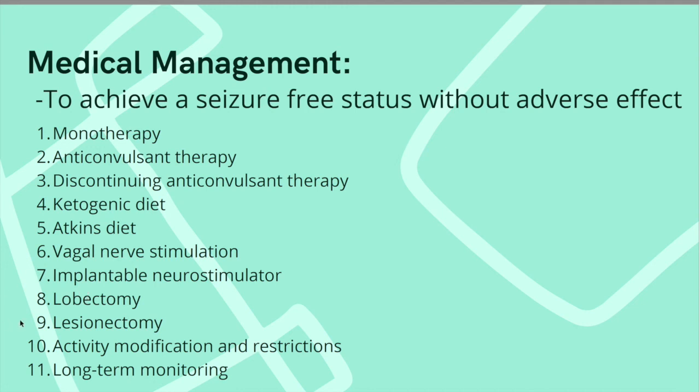Next is lobectomy. In a randomized controlled trial of surgery in 80 patients with temporal lobe epilepsy, 58% of patients in the group randomized to anterior temporal lobe resective surgery were free from seizures impairing awareness at 1 year, as compared with 8% in the group that received anticonvulsant treatment.